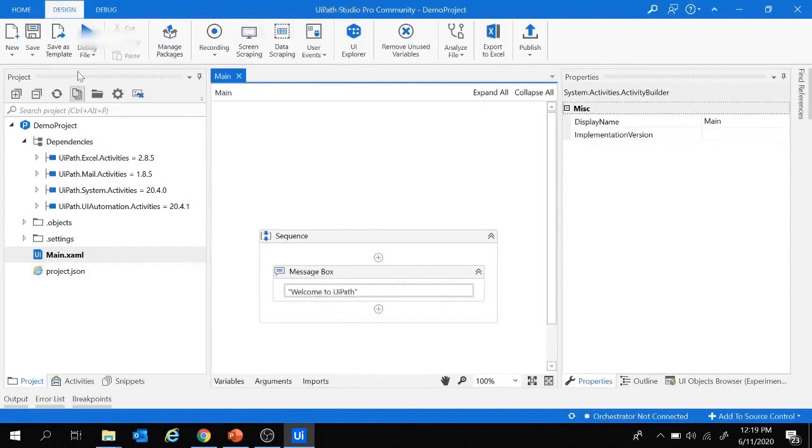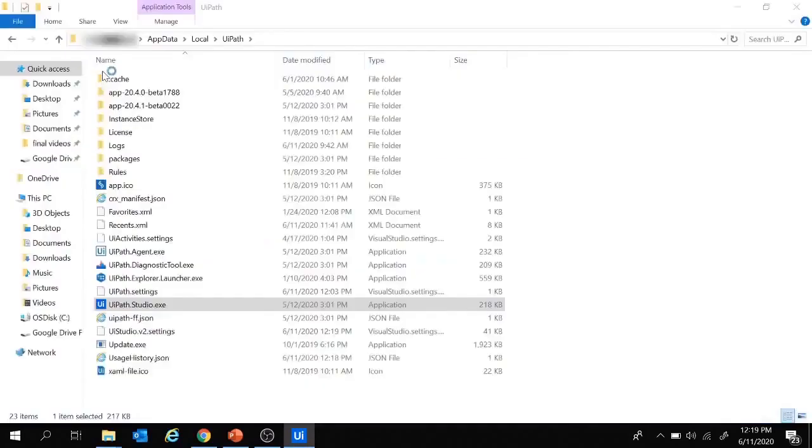Now if I try to run this one, we can start to run this from here. So my UiPath project is running now. It displays the message welcome to UiPath. Now how do you think this UiPath project is running? Well, this is running with the help of the second component of UiPath, which is the UiPath Robot, which is present over here named as